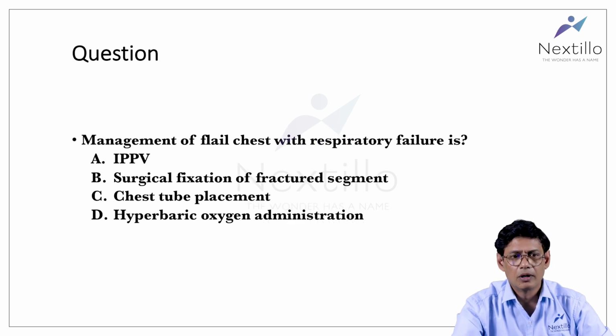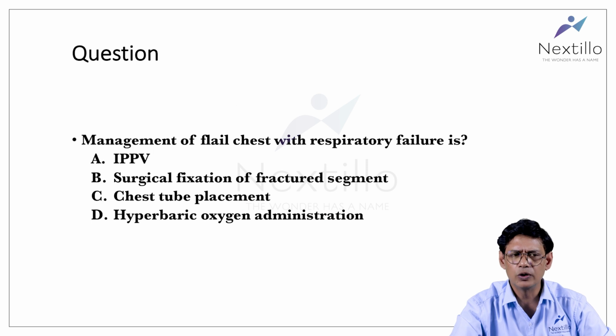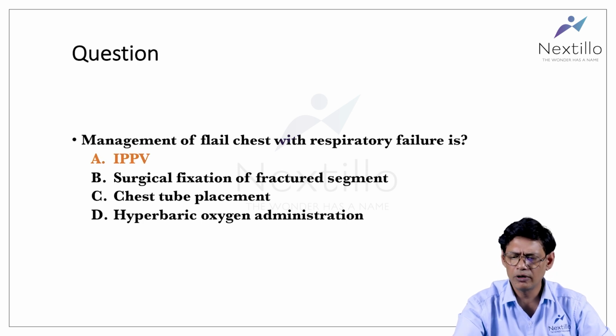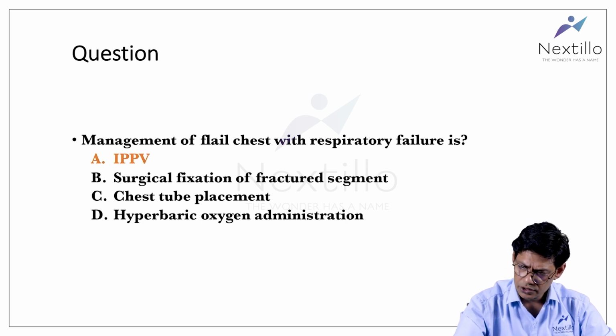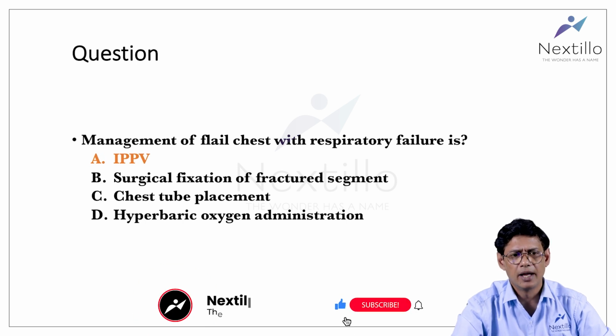Question number two. Management of flail chest with respiratory failure is. The management of flail chest with respiratory failure is intermittent positive pressure ventilation with the help of endotracheal intubation. What happens in flail chest is that in a number of polytrauma patients, the patients of thoracic trauma, if there is a fracture of more than two consecutive ribs, and if each rib is fractured at more than